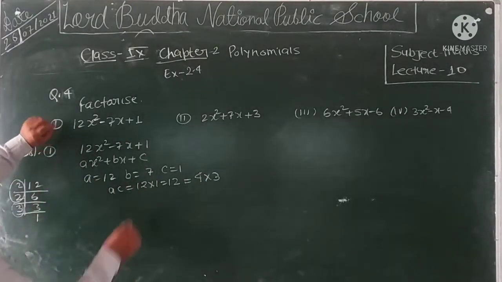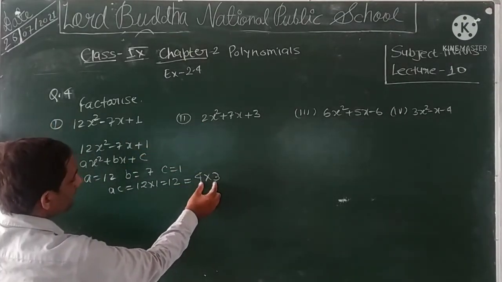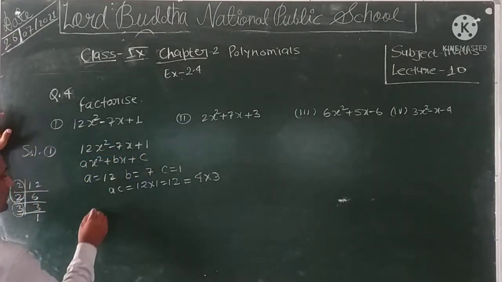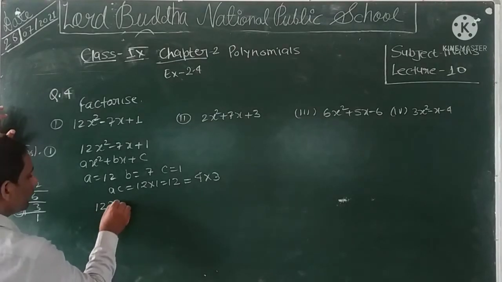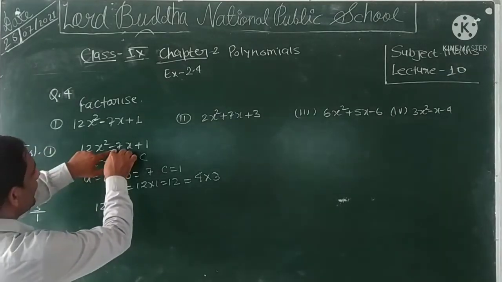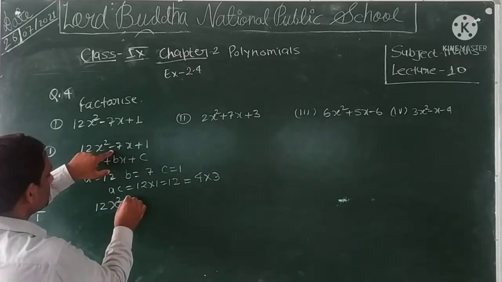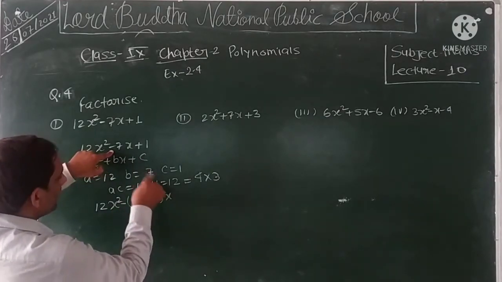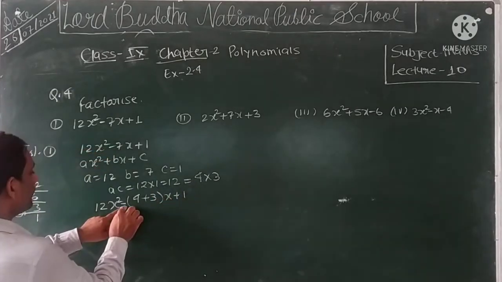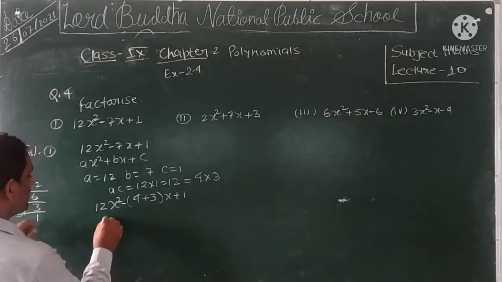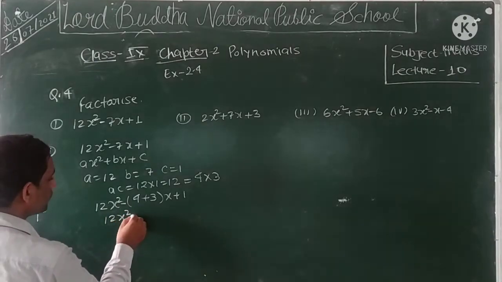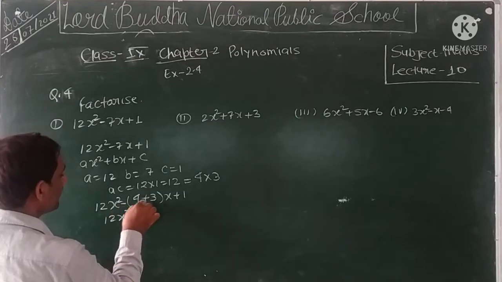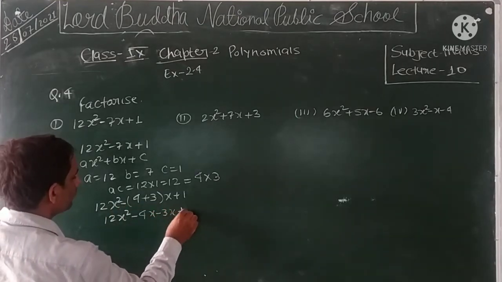Now we write as, when we multiply 4 and 3, then we get 12, and when we add 4 and 3, we get 7. The method of writing will be 4x square here. Which sign is present? We put that minus in bracket, 4 plus 3, out of bracket x plus 1. Now we multiply the minus sign in this bracket. Then we can write 4x square minus 4 into x plus, into minus 3 into x plus 1.